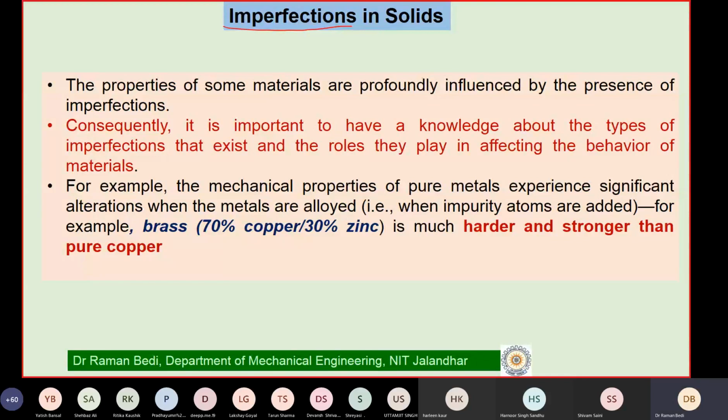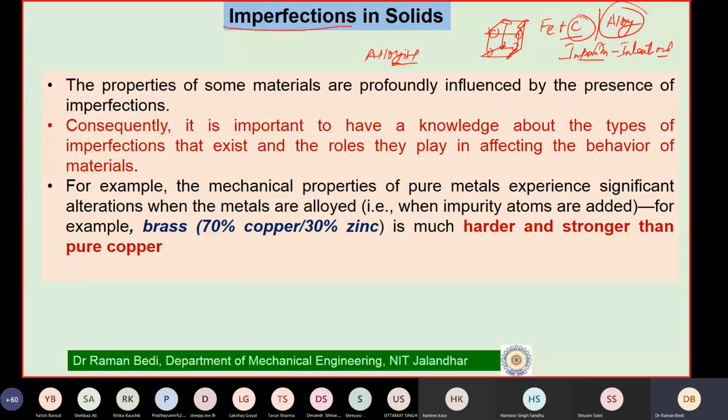So we said that there are two kinds of imperfections. One is intentional imperfections. This is what we say is known as alloying, where you have all iron atoms and intentionally I introduce carbon, a non-metal, into this. Still, somebody can say this is an impurity that I put in this iron lattice, but I have done it intentionally. If this is intentional, we say we are actually trying to create an alloy. Many times it may be unintentional, and then I will say it is an imperfection or an impurity.